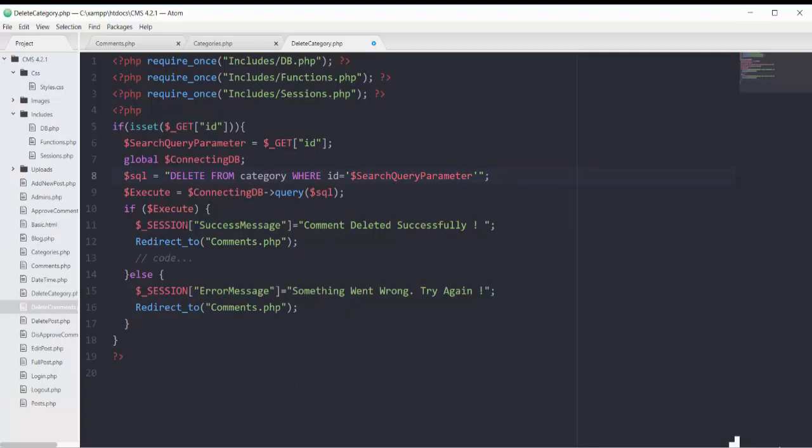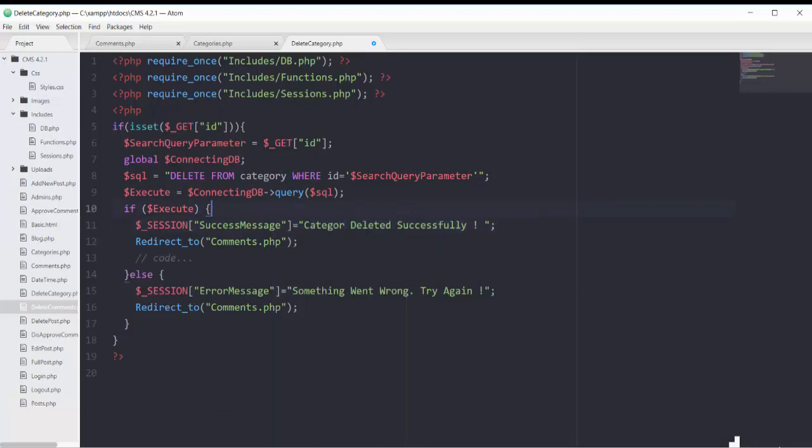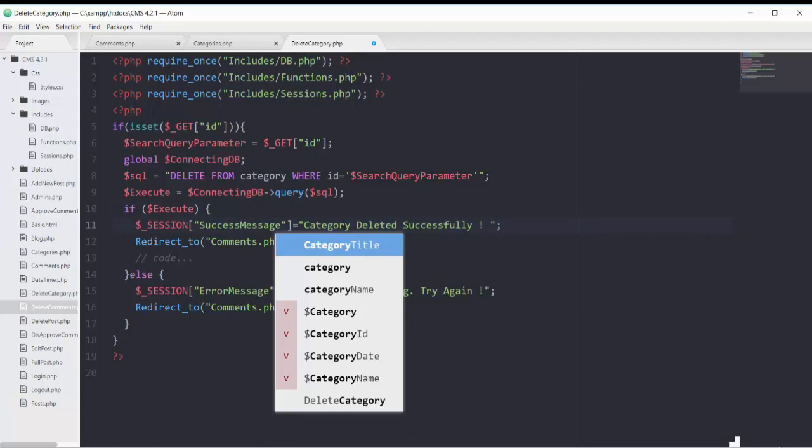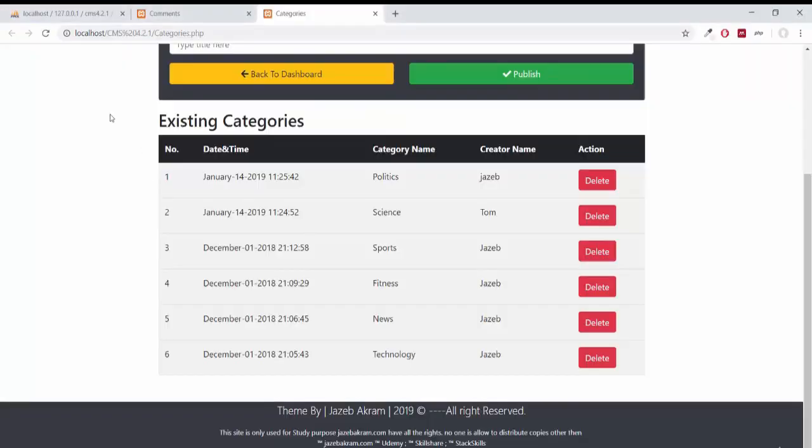And then if that is successful, it should give me a message of category deleted successfully and return me to the page of categories.php. In case something goes wrong, show me this message and return me to the page of categories.php.